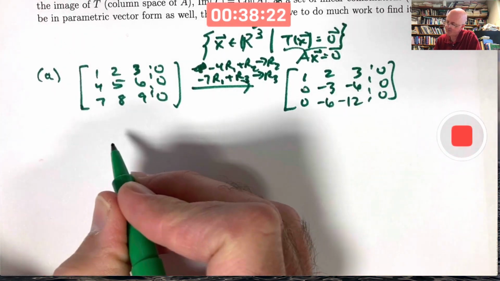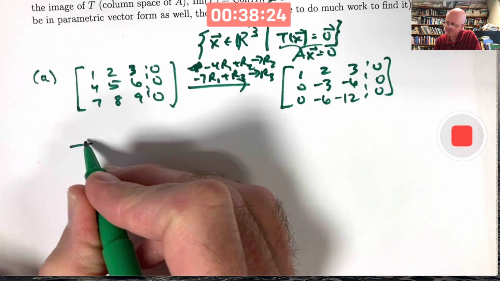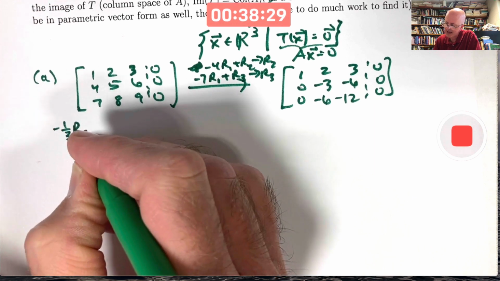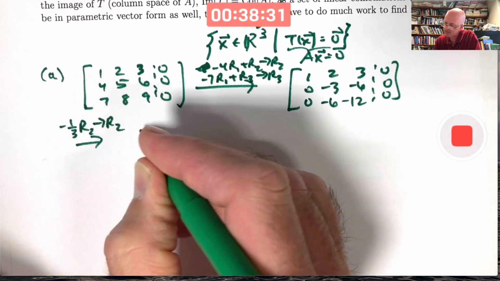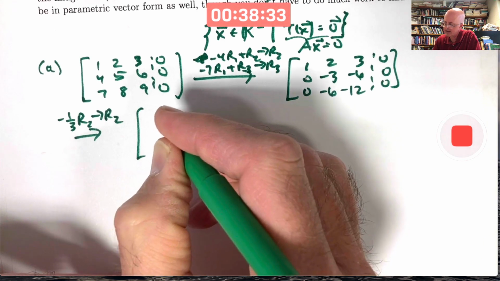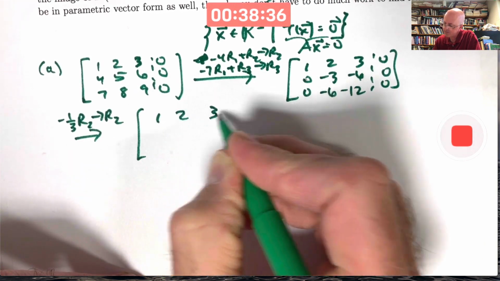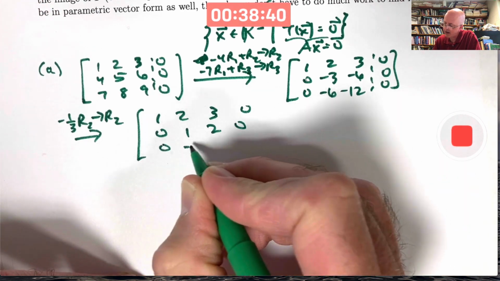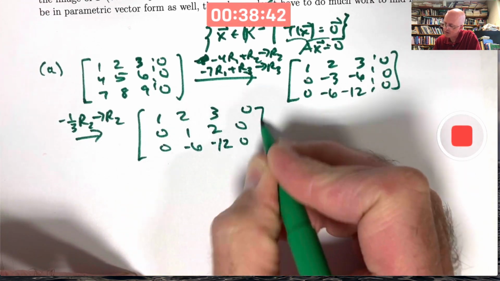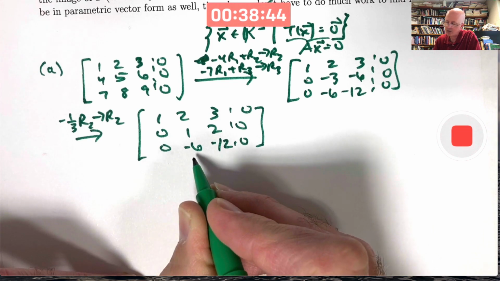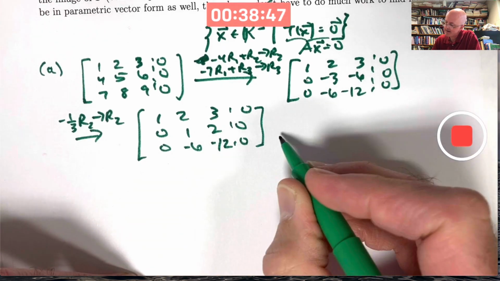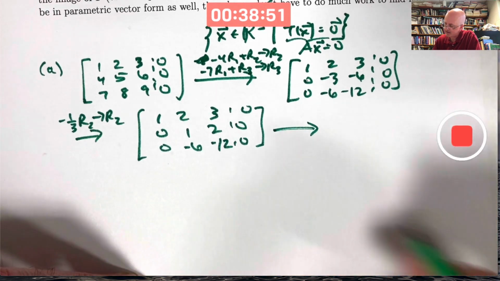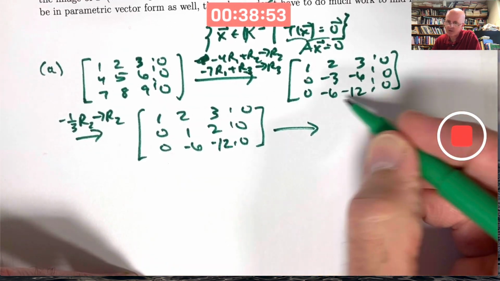But before we do that, let's multiply row 2 by -1/3. You don't have to do this first, but it just makes it a little nicer to get a leading one in that second row. A 1 there, a 2 there, 0. Before I do the row operation to get a 0 there, which will also end up giving me a 0 there. I could have done that step second. I could have got zeros here and here right away, but